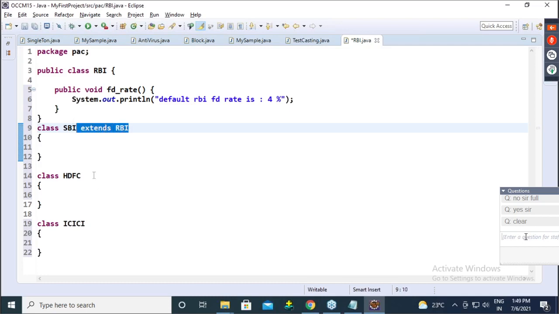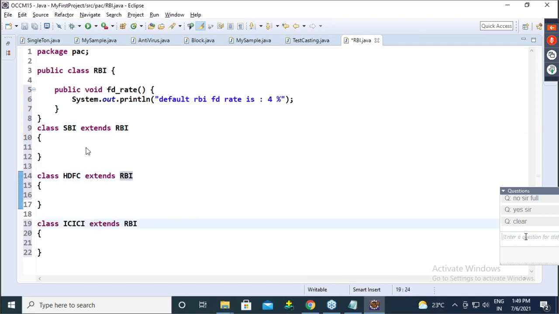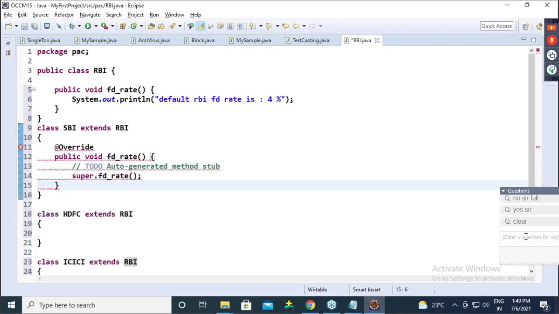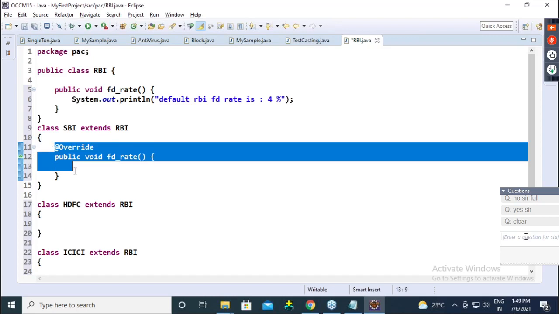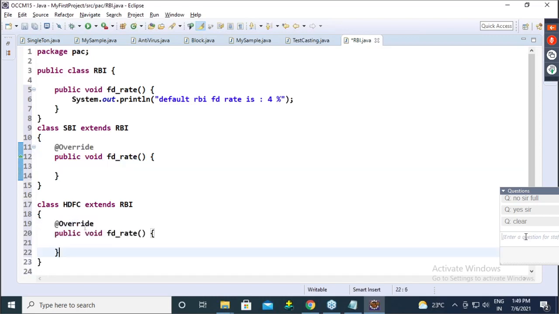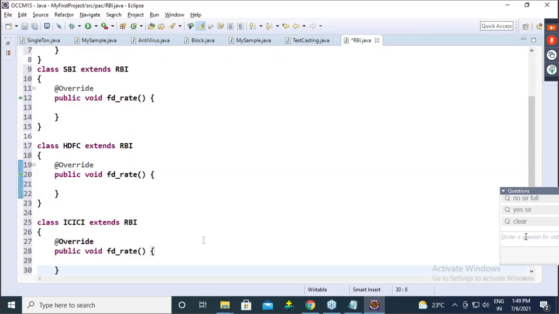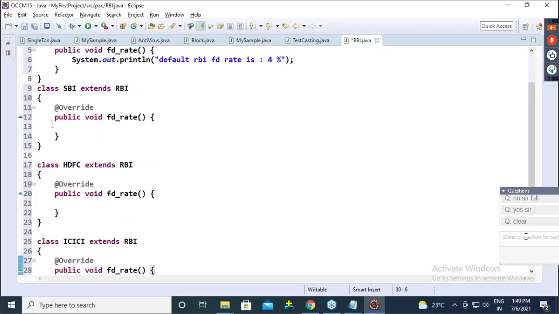Every class becomes a child of RBI. Observe here. Everyone will override FD rate because they have to do their own FD rate. So remove this. This is also override, here also override, here also override. This is an annotation that indicates this method is overridden from its parent.